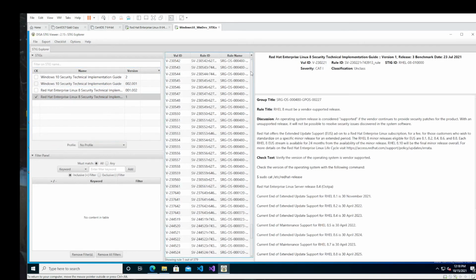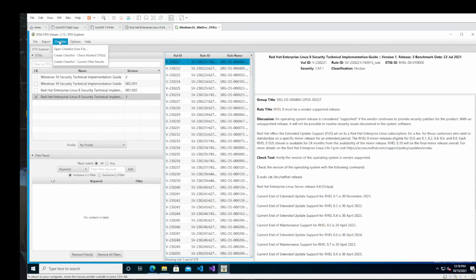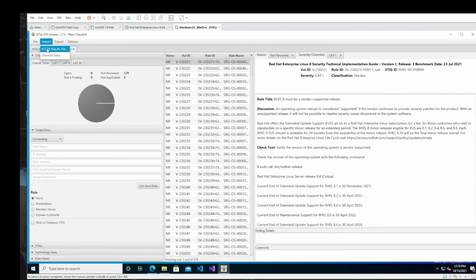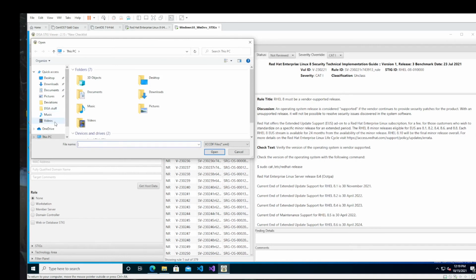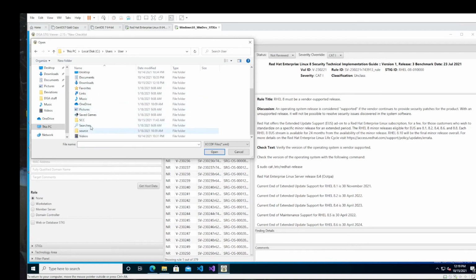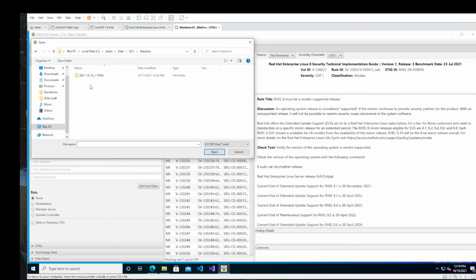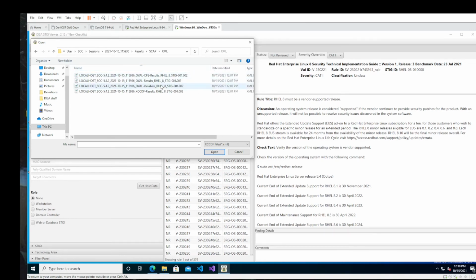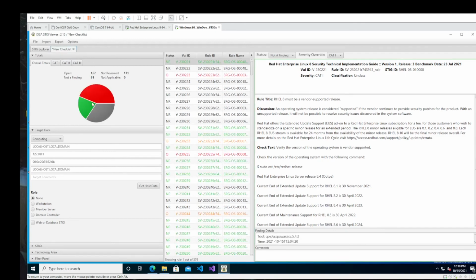And now let's import the XCCDF results. So we're going to create a checklist so that now we can import XCCDF results. And by default, it's going to be in the user path. I'm logged in as SCC sessions, and it's going to be the XCCDF file. And again, we can clean this up by deselecting some of those options shown earlier, but now you can see,